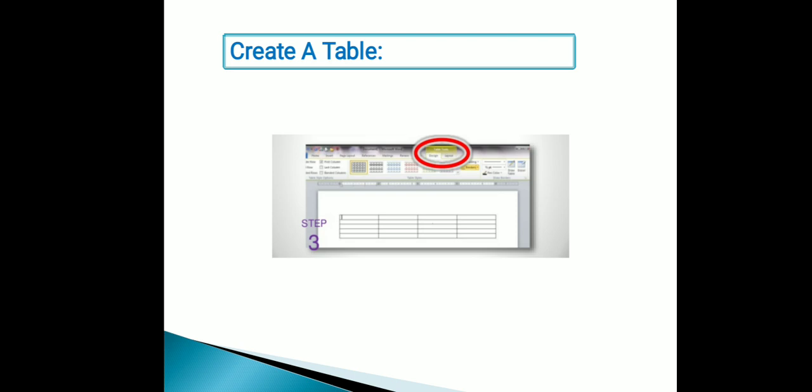This helps you to design a table. You can also modify the table as per your requirement, merge the cells, and delete additional rows and columns.